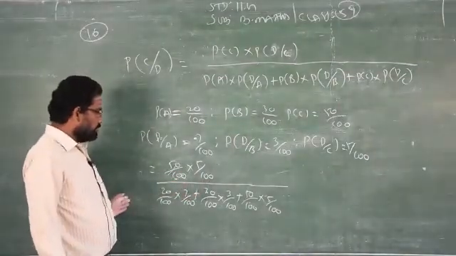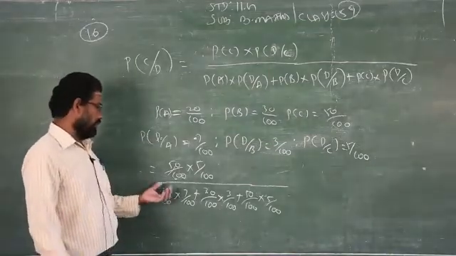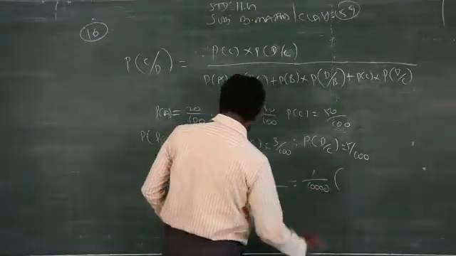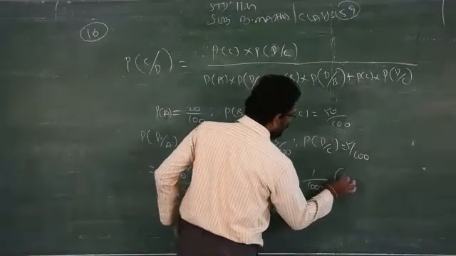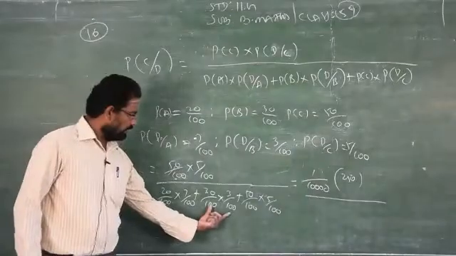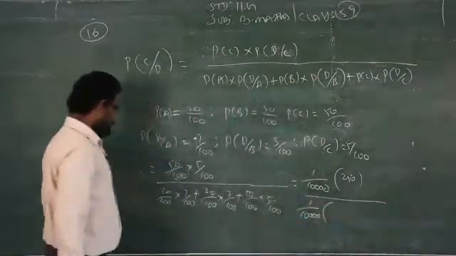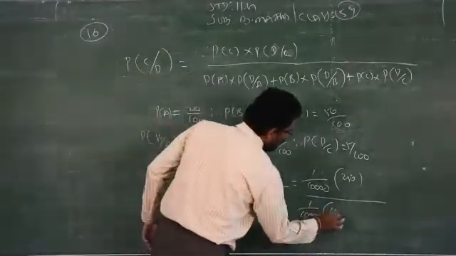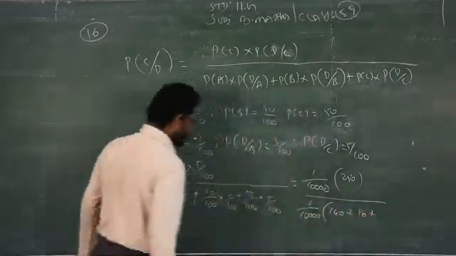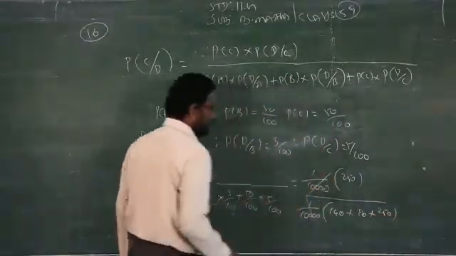10,000. You take 10,000 outside, then you start to simplify, you will get the answer. Either you go for directly that calculation, or you can do like this. I am taking 1 by 10,000 outside the numerator, that is 50 into 5, 250 by, again you see 10,000, 10,000, 10,000, you take outside. What is the remainder? 7 2s are 14, 140, 3 3s are 9, that is 90, plus 5 into 5, 250. Clear? So you can straight away cancel.